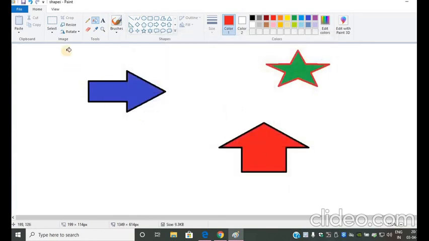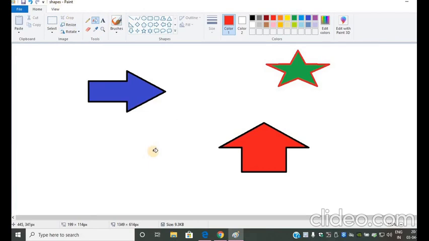Now students, you can see here at the title bar the name of my file which I have given shapes. There in save as dialog box has come. So this is my file name and this is my file with the name shapes. Now we have seen how to open a new drawing area and how to save the file.